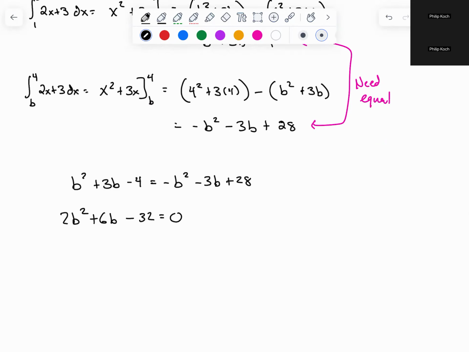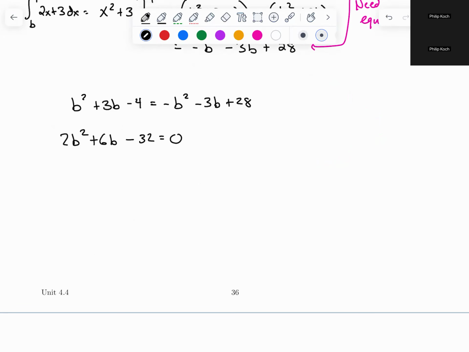And you can try and factor it. I don't think that it factors nicely by the looks of it. We'd need two numbers that multiply to negative 64 and add to 6. I don't know. It doesn't matter. I'm just going to use the quadratic formula. Does it not have nice roots? Probably not. So by the quadratic formula,